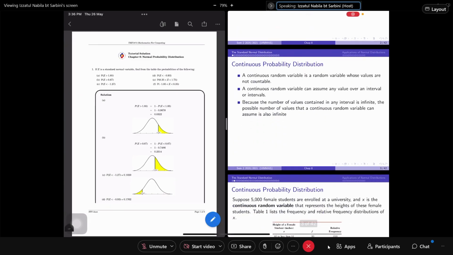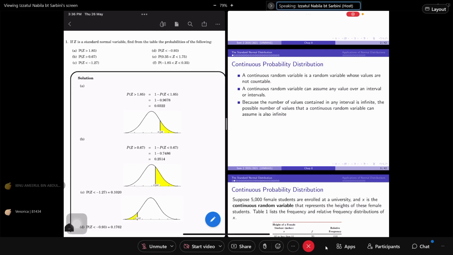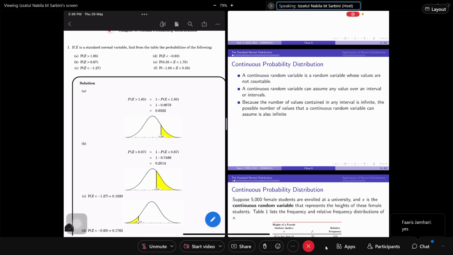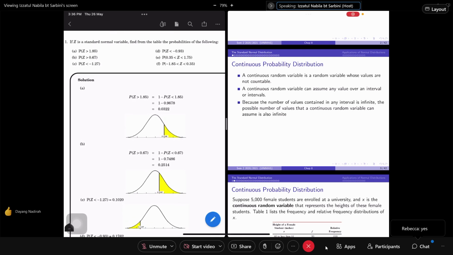Question 1, are you guys already okay with how to refer to the Z table or not? If yes, then I will just provide answers to question 1. You guys okay already, right? The Z table is very straightforward. Remember that the Z table only gives you the result to the left, yeah? It will give you the result to the left side. So for example,